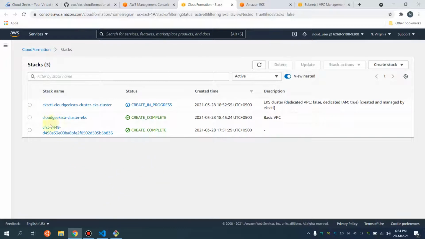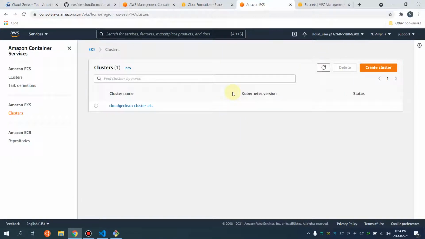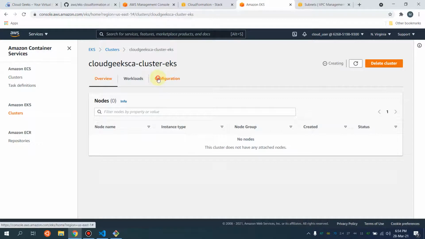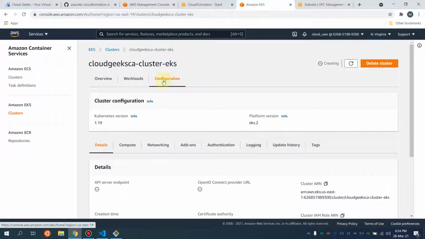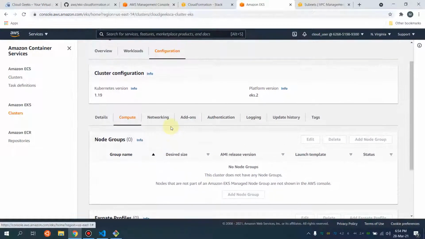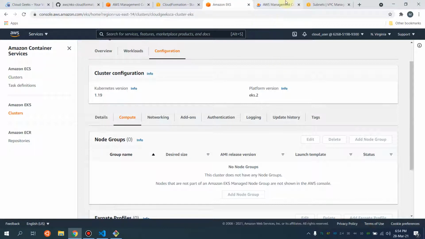It is going to set up this VPC, then set up this Elastic Kubernetes cluster, and in that cluster it is going to spin up two nodes. If you navigate to the configuration settings and then to compute, in about 10 minutes you will see two nodes and our cluster up and running.